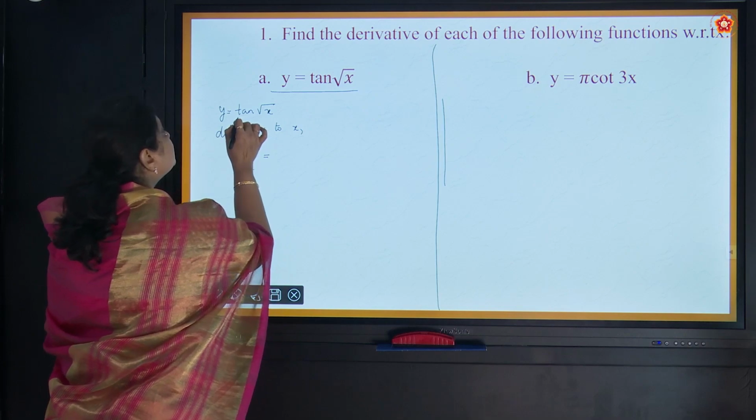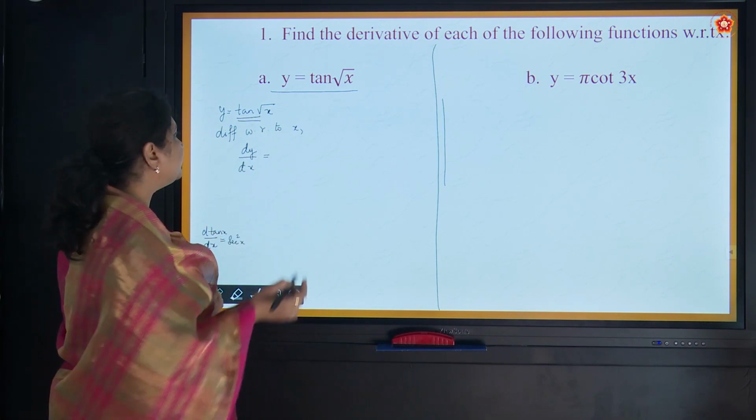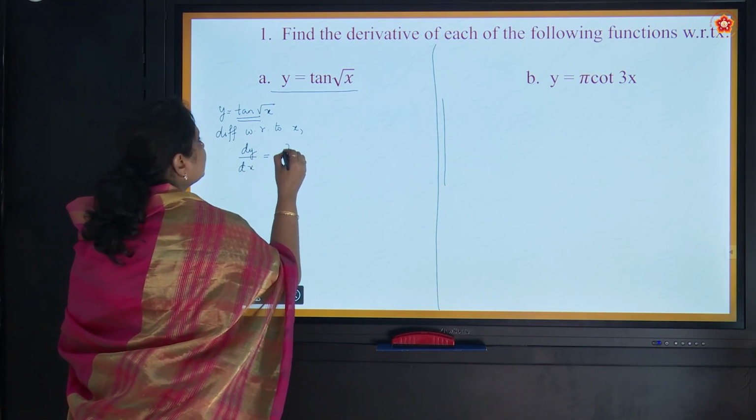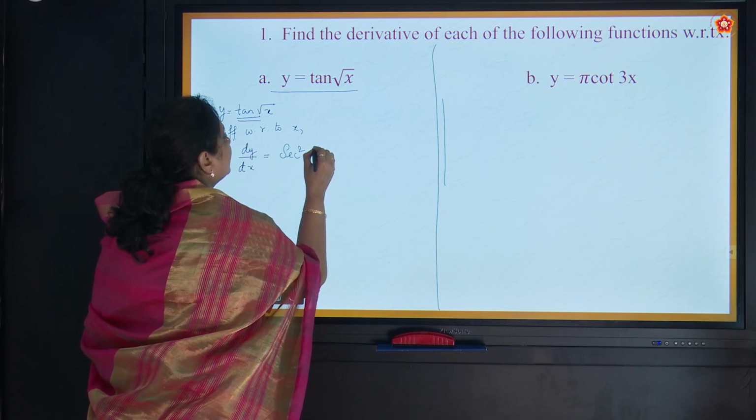So now my outermost function is a tan function. When I differentiate that, I should get secant square of the angle, that is root x,